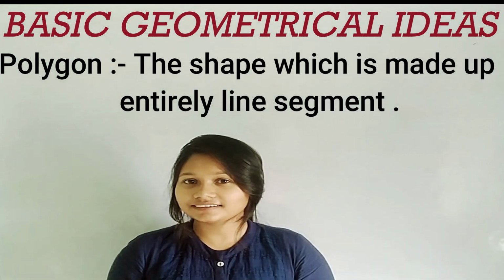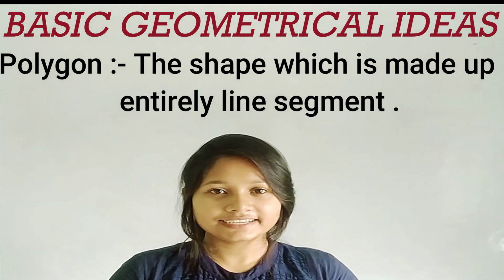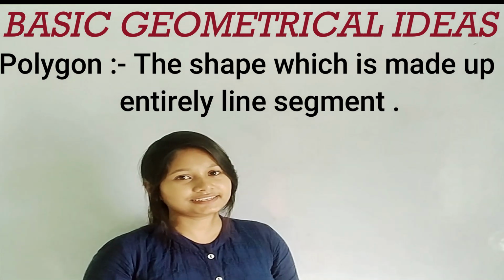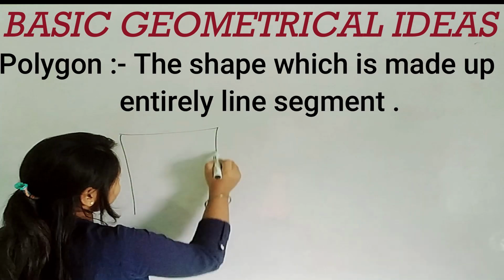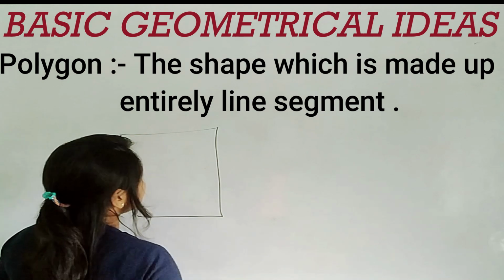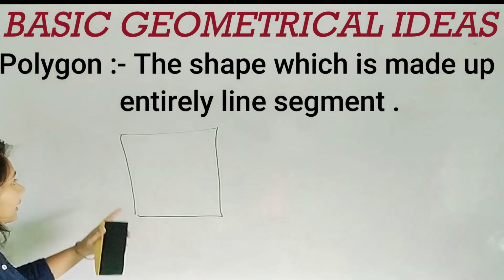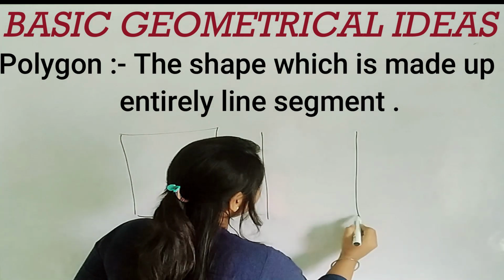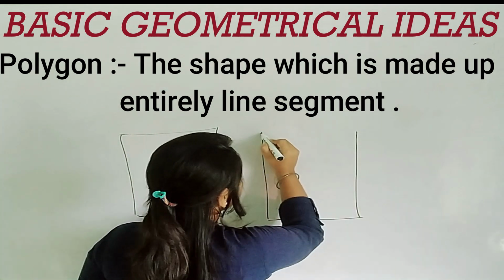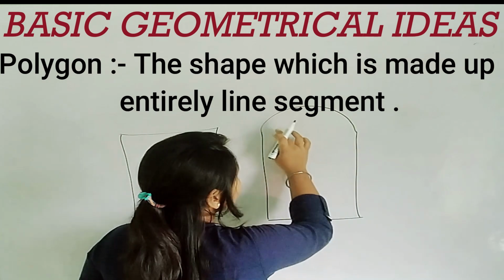Then what is a polygon? The shape which is entirely made up of line segments is known as a polygon. Like this, it is a polygon because it's made up of line segments, but this cannot be a polygon because it includes chords like